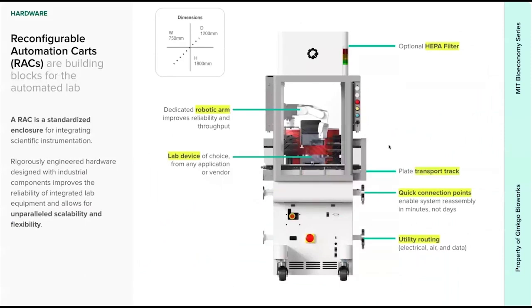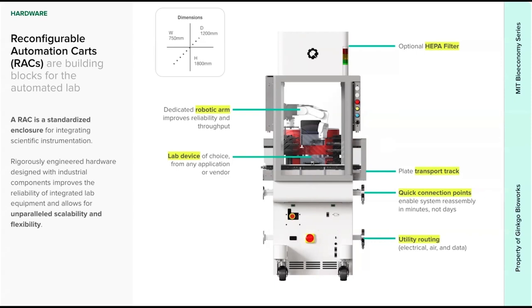So then on to generation 4 of integrated automation. We are developing internally a technology that we call RACs, or reconfigurable automation carts. We believe that these systems get around those design headaches and stress that I touched on before, when I don't know if I'm designing the perfect work cell for 6 months from now, but it's going to take me 6 months to build it. And so here the idea is that we take laboratory hardware and enclose it in a